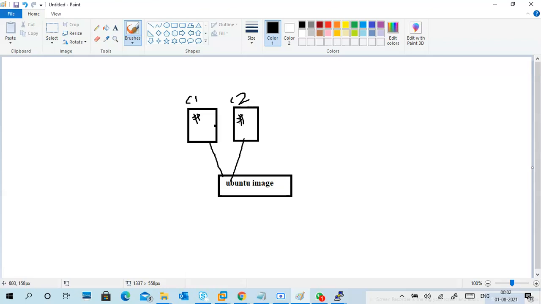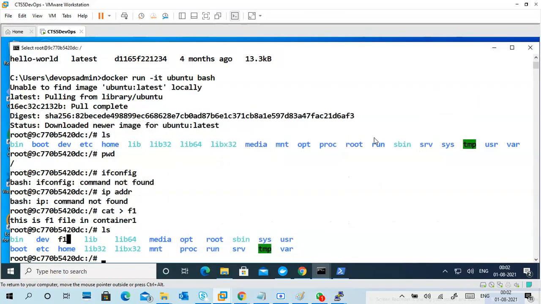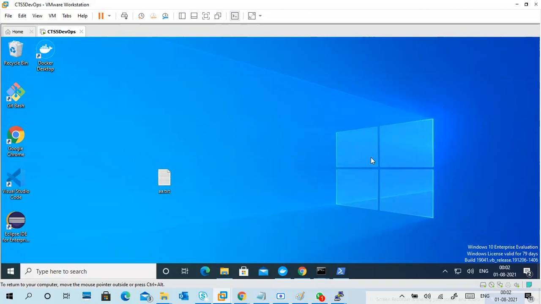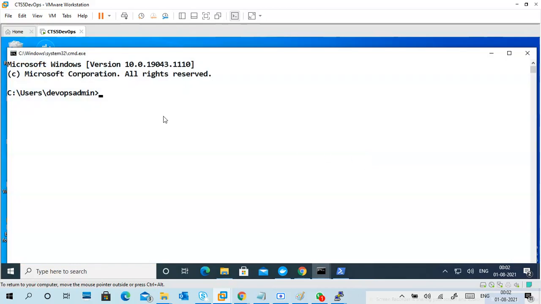Okay. For better understanding, CentOS also we can use. Next, again, I will explain that one. Up to here, two containers. If you want more containers, then also we can go for more containers. I'm going to another CMD just to reduce the confusion.